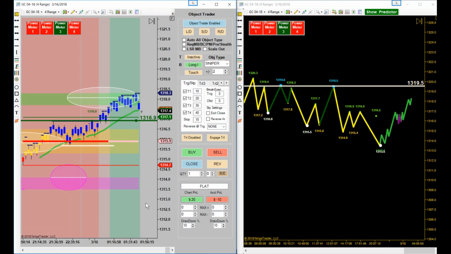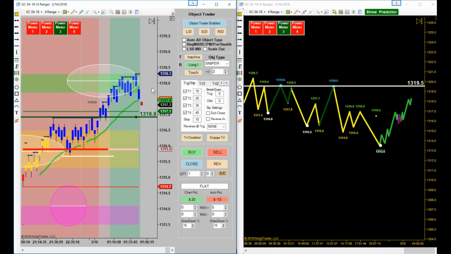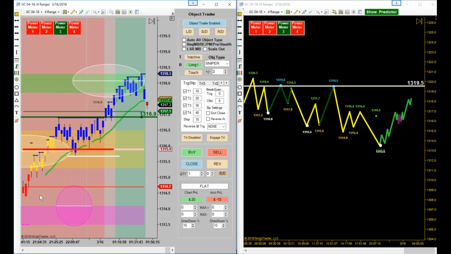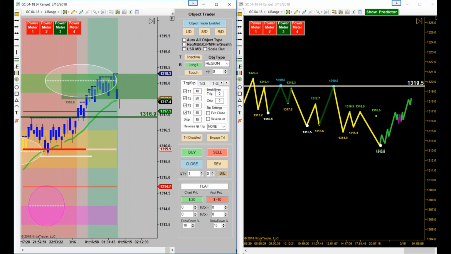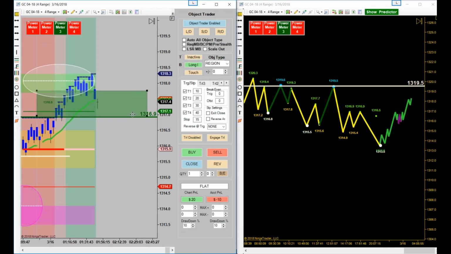Okay, it looks like we got minus 10 on that because we didn't quite get in where I wanted to, because my sniper didn't fire. So what I'm going to do now is go to region. I'm going to put a region in, down here. I'm going to put it touch plus, let's just go ahead and do touch plus 2, because we don't know